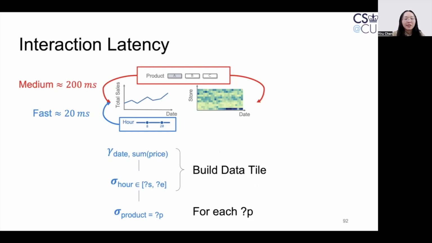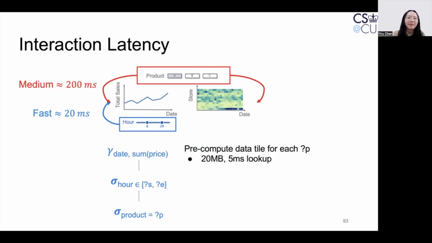Of course, a data tile can help answer this portion of the query plan, but the data tile is necessarily going to be different depending on which product the user picks. So we have to build 3 data tiles, one for each product. Thankfully, in this particular case, there are only 3. So let's say all these 3 data tiles take 20 megabytes,